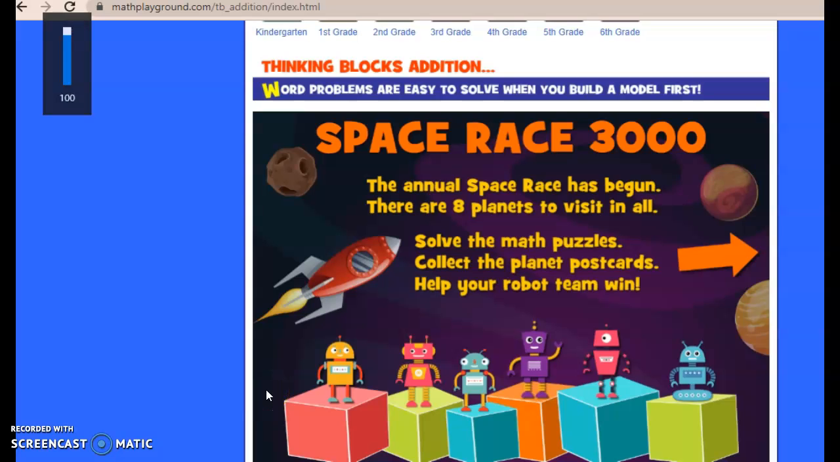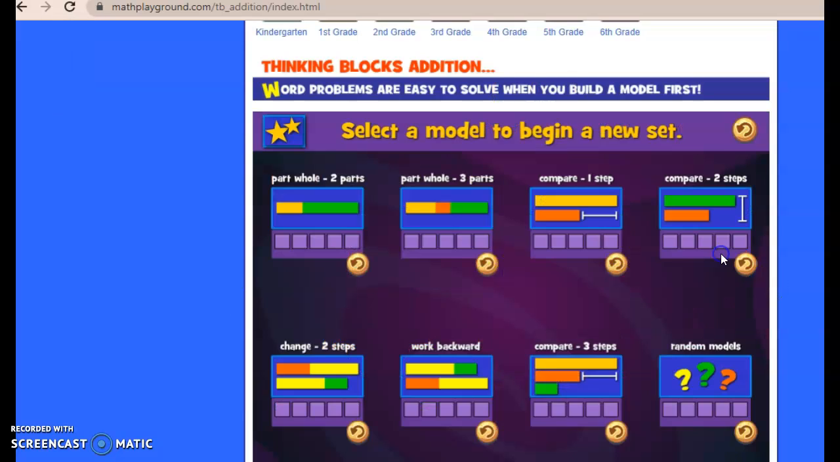Hello, Center 2. So today we're going to be using this game to practice word problems. Let's get started. When you click on the game, it's going to load and you're going to first choose that orange